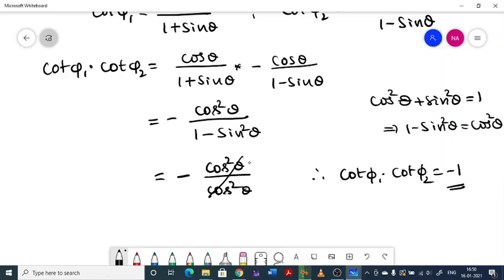orthogonally. So with this, the discussion on showing that the given pairs of curves intersect orthogonally is ended. In the next class, we shall discuss how to find the angle of intersection. Here, we have considered only the curves whose angle of intersection is pi by 2. Next class, we shall consider it generally.